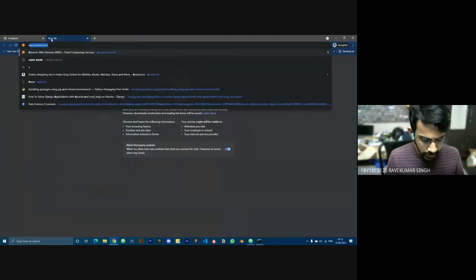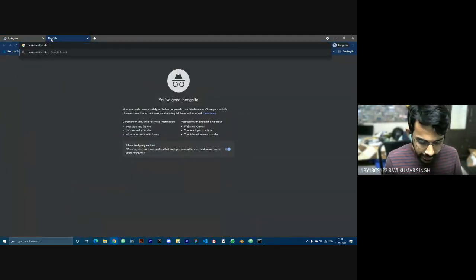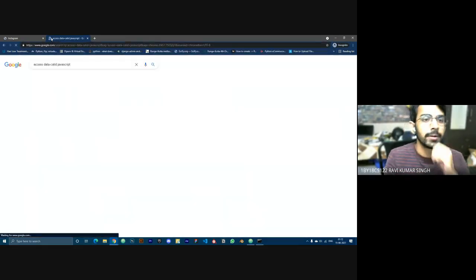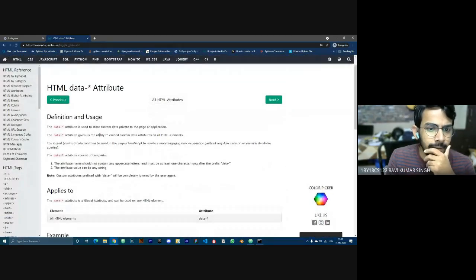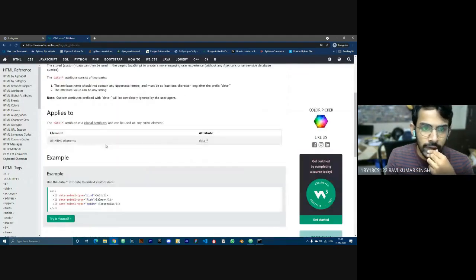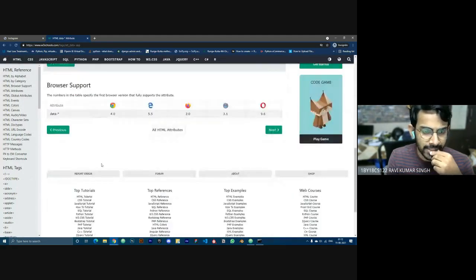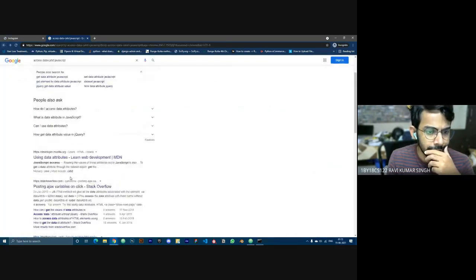So yeah, access data cat ID JavaScript. Right, you can see it is used to store custom data private to the page or application. So how are we going to access it in JavaScript? Okay, it's just about the information.